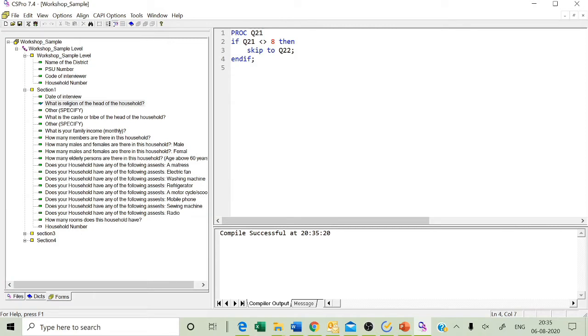Suppose I am not declaring the statement, for example I do not close the skip to, suppose I am missing something. If I just compile, what is the error? There is an invalid statement, question number 21, line number 3, invalid skip pattern procedure.